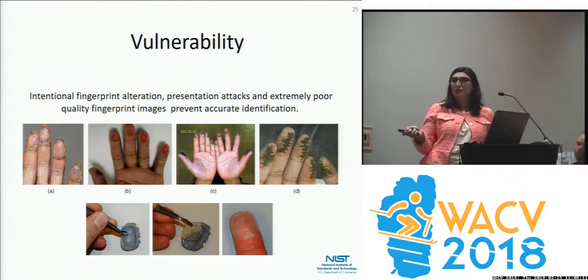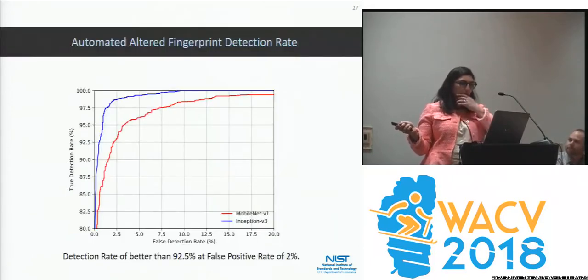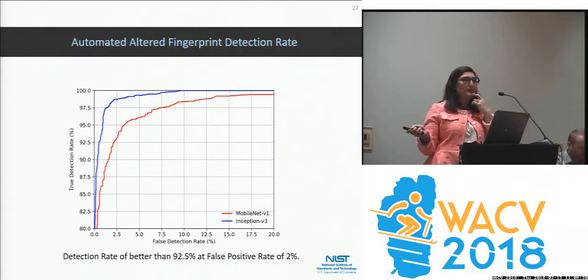And the other thing, as we heard about this morning, is the development of fake fingerprints. These are some examples of real-world altered fingerprints. These are not fake fingerprints. These are people that go and have surgery to get their fingerprints altered. What we have done is use GAN to develop an automated way of